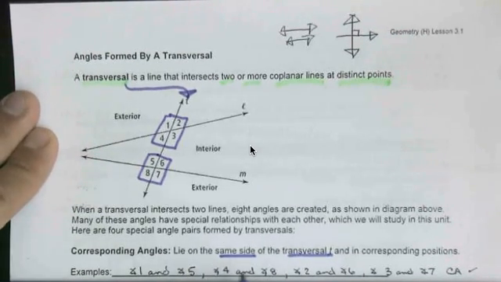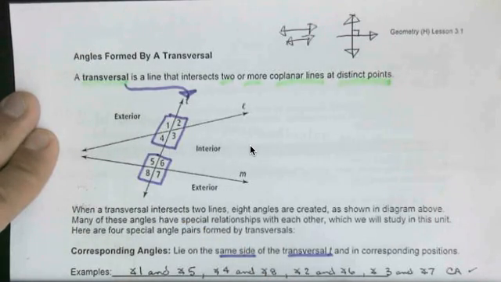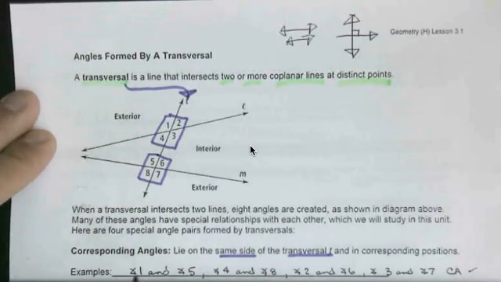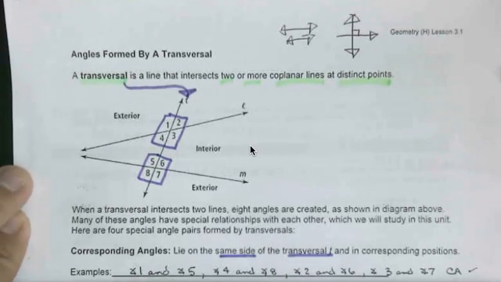We could also use 4 and 8 because those are on the bottom left. We could also use 2 and 6, also 3 and 7. And those are all considered corresponding angles. So you may want to take this time now, pause it, get the definition down, get the examples written, and then we'll continue